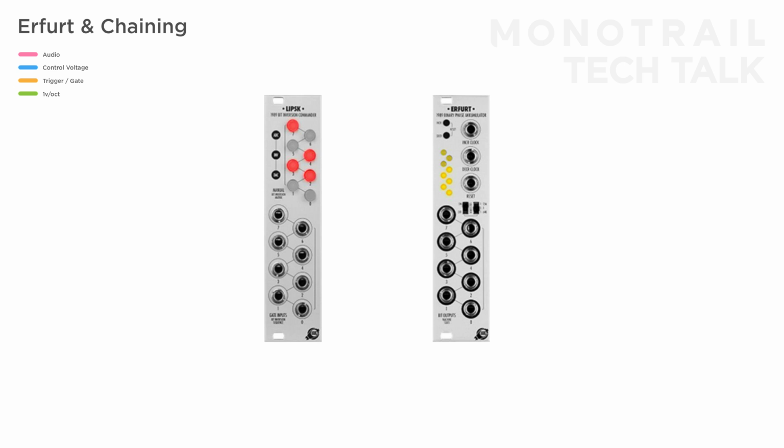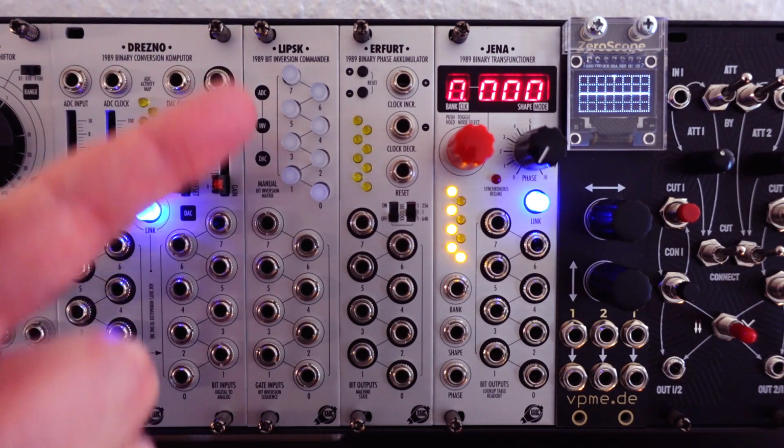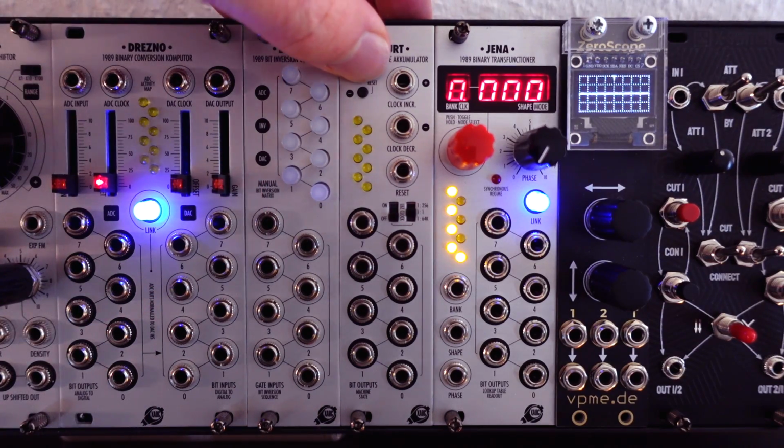In this simple patch, I chained the output of Lipsk to the input of Erfurt. That's all. As I explained in the last chapter, clock increase and decrease functions of Erfurt default to 1 when there's no input. But in this setup, you can use Lipsk to send alternative values to Erfurt via the cable on the back. When you program a value of 0 on Lipsk, nothing happens when you increase or decrease